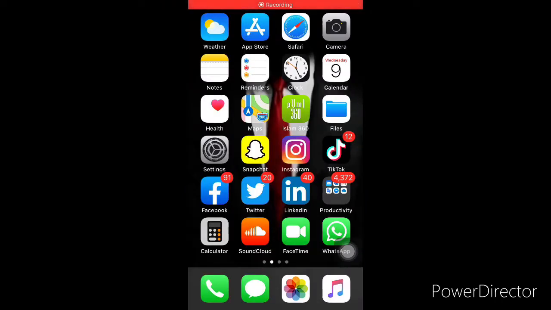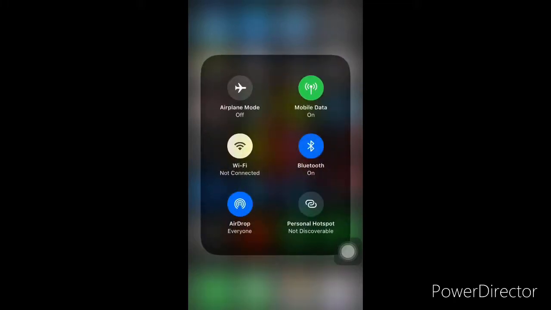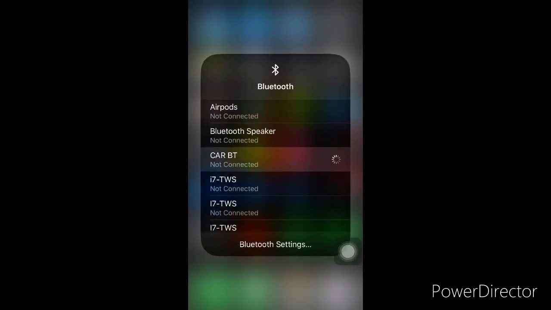And the last feature is Bluetooth and Wi-Fi connectivity from the control center. Let's open control center. Here you can see the Bluetooth option. Let's open Bluetooth. Now if you have to see the Bluetooth devices which are available, you just tap on Bluetooth and open this. Here you can see all the devices available.